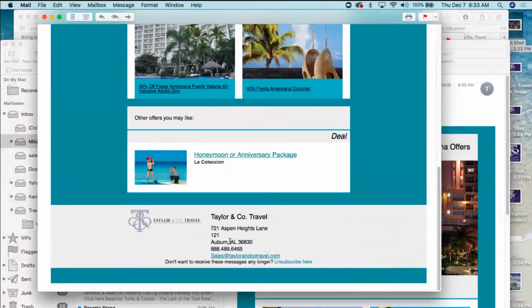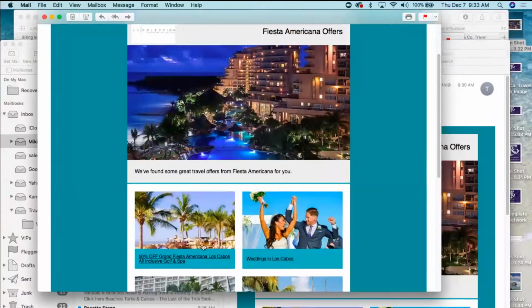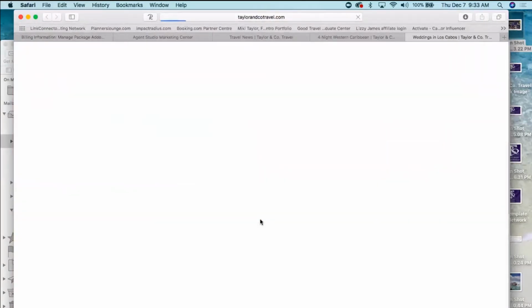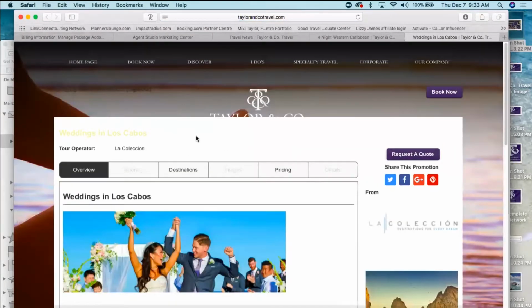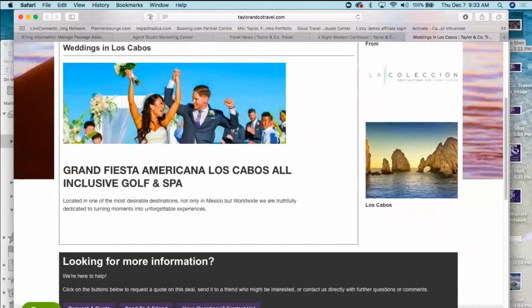It has your information. If you have hidden your address, a lot of home-based agents do not like to show their home address at the bottom of their emails or show it on their website. So it will default to the Agent Studio corporate office email address. Okay, and again, if we click one of these, it will take us into our website, and it brings up,